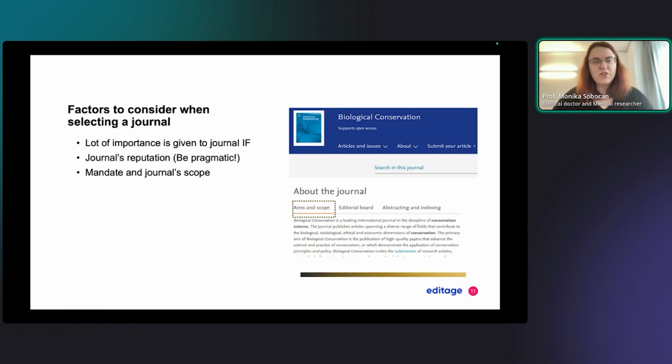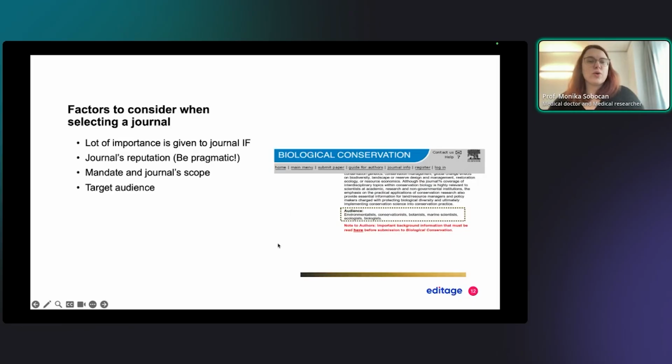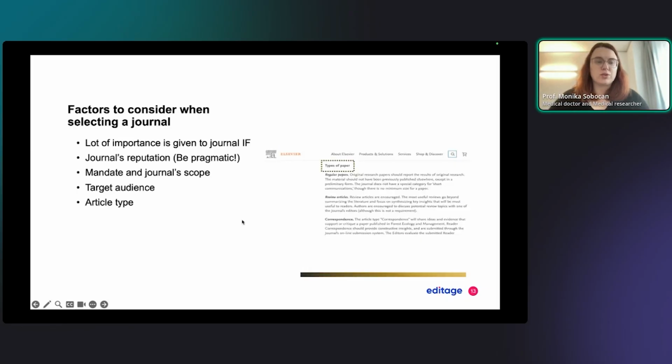When you write a cover letter, many times I would also write that it falls within the scope of this journal because, and then give a reason why it falls within the scope of that specific journal. Look also at the target audience that is written out. Many times, when we are established in our field, we already know who the people are that are publishing in the field. Are they dabbling in other fields? Are they just focusing on this field? And based on that, also what the audience is. But journals themselves usually have a description of who they want to target.